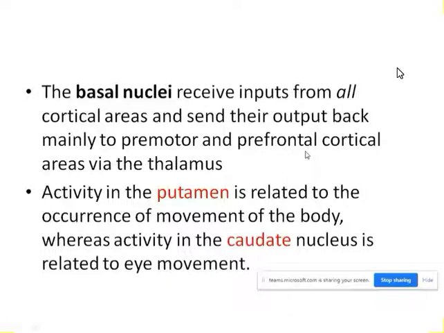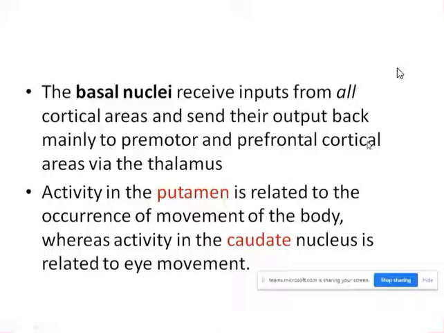So when there is a blast or something unusual happens, then this prefrontal cortex will know that it's time to run away, isn't it? So basal ganglia again gives information to the prefrontal cortex, which means it is involved in cortical function. So cortical functioning also. I will show you again. This is for the planning and programming. This is the cortical function.